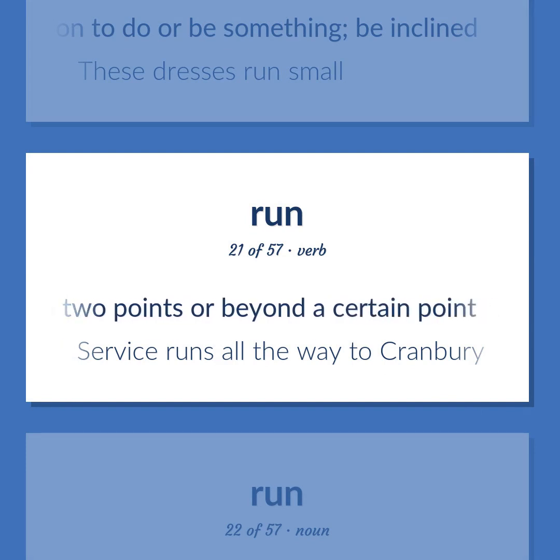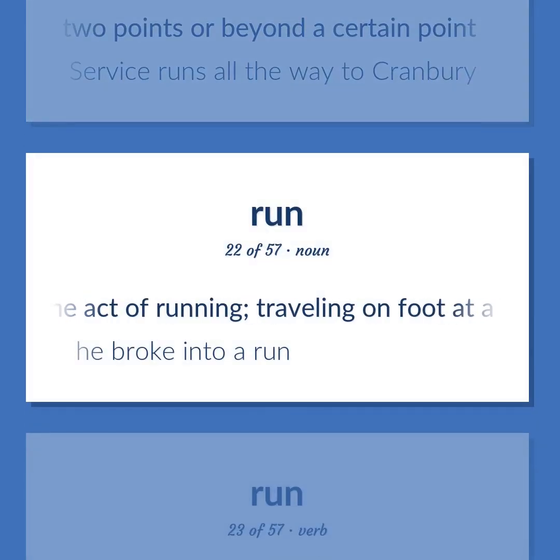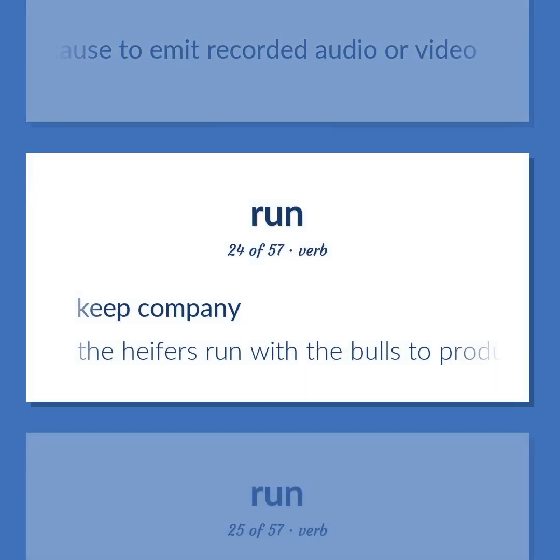Service runs all the way to Cranberry. The act of running, traveling on foot at a fast pace. He broke into a run. Cause to emit recorded audio or video. Keep company. The heifers run with the bulls to produce offspring.